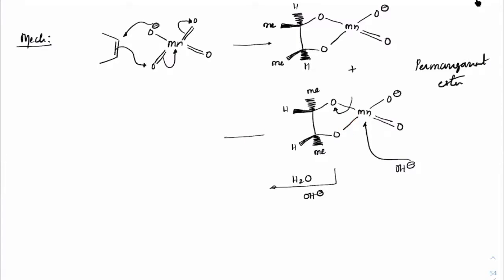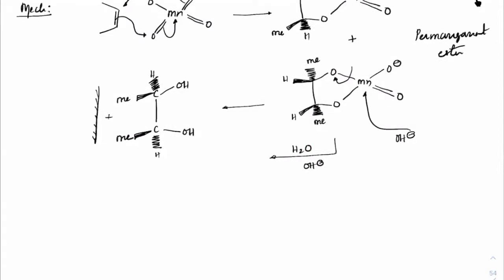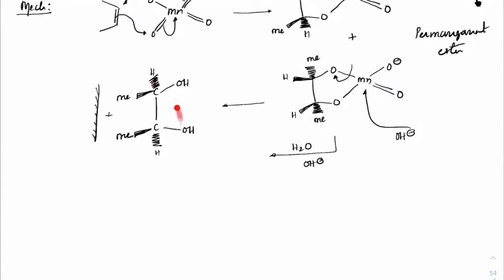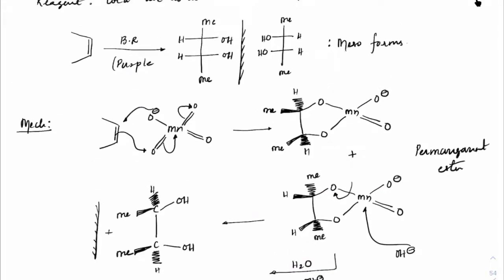The product we will get here would be carbon connected with OH and OH on the same side. The O minus is also hydrolyzed because of the H2O present. We would have hydrogen going backwards with methyl coming outside, hydrogen going backwards and methyl coming outside, plus its mirror image also. I'm not writing the mirror image, so I guess you understand that. Since the mirror image would be identical, we get the meso forms.